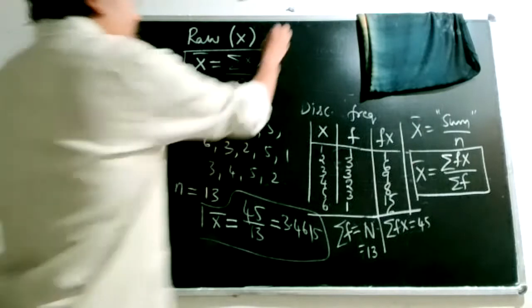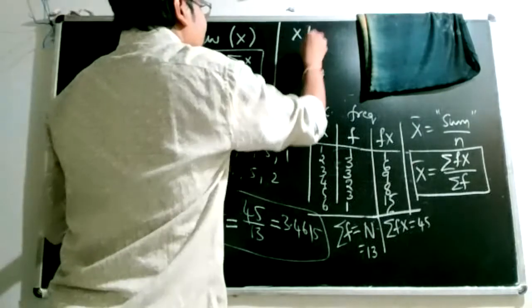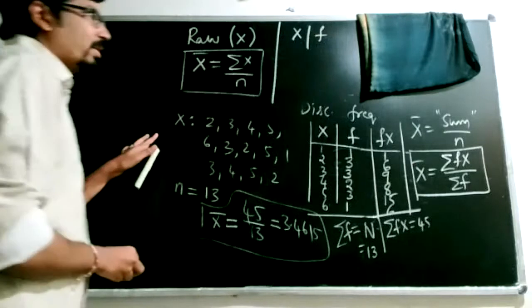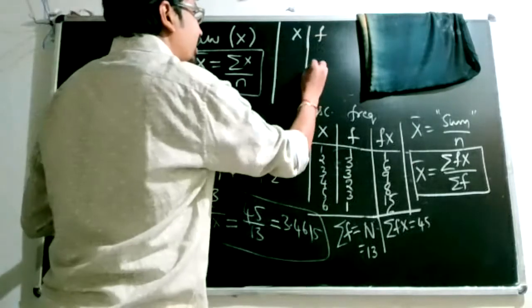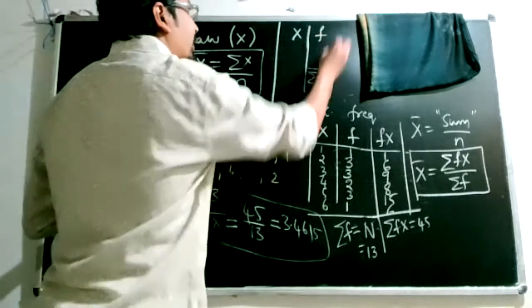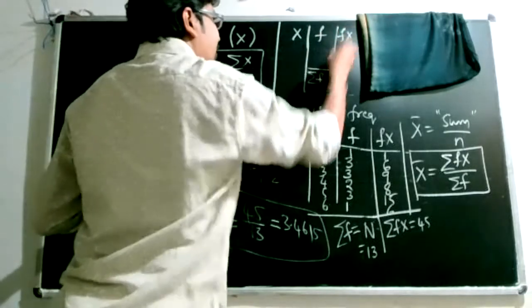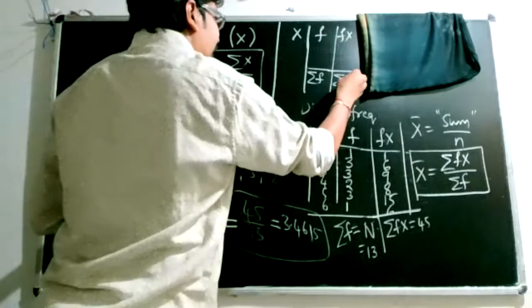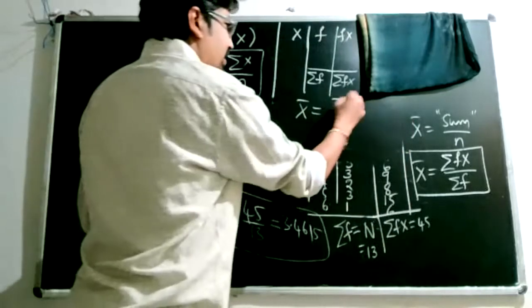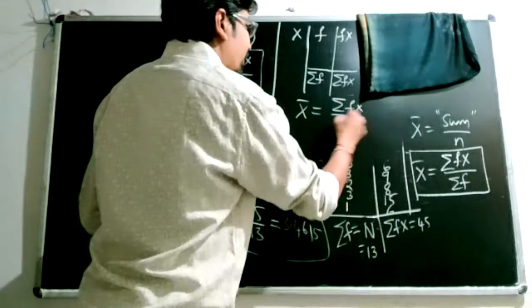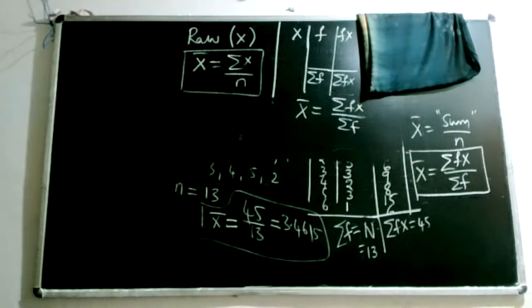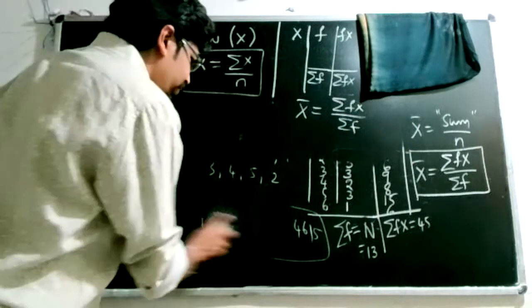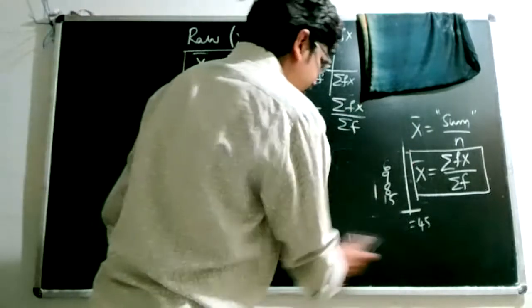by n. On the other hand, if we have already presented you a discrete frequency distribution, then the steps of computation of mean are very simple. Obtain the total of f, multiply f and x, obtain the total of fx, and apply the formula that x bar is equal to the ratio of total of fx to total of f. So these are the two forms, and there will be one or two problems on the computation of mean in